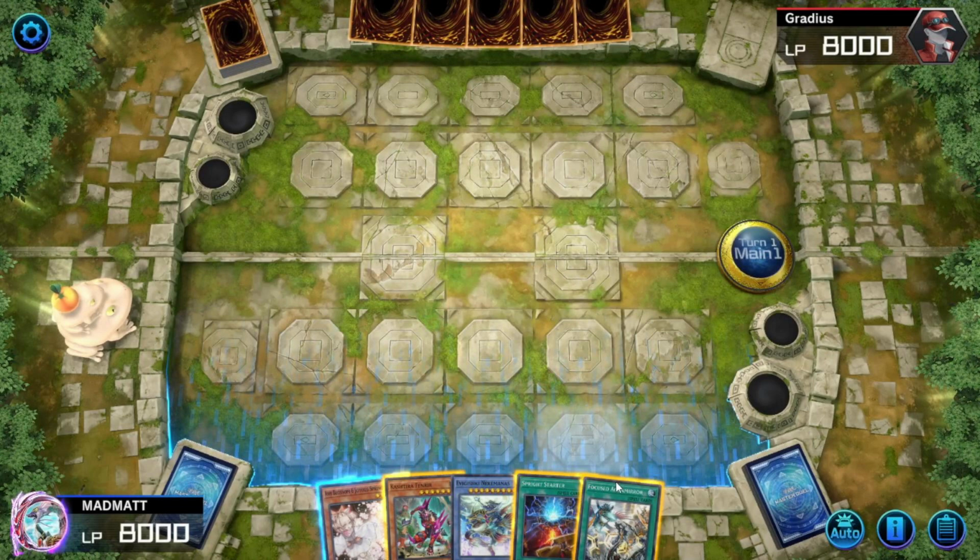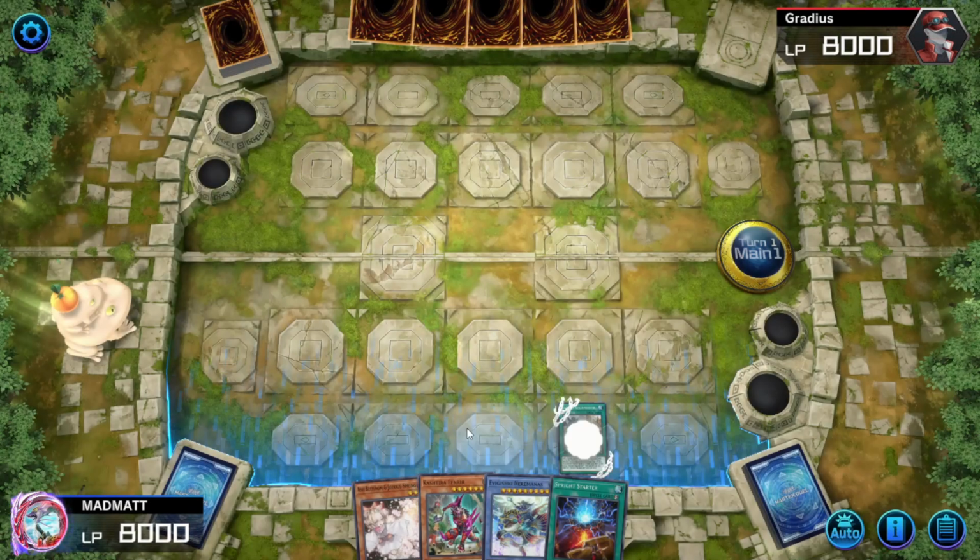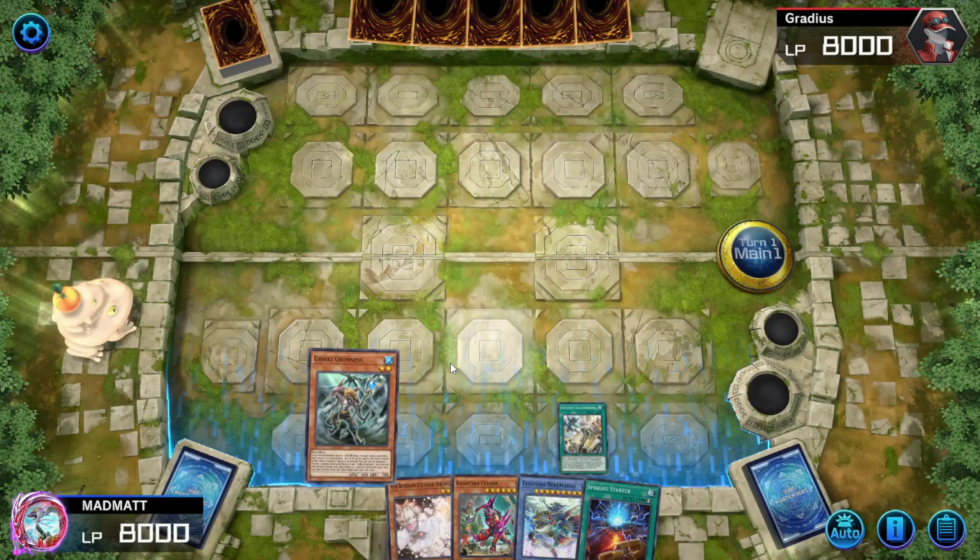So the first combo we're going to be going over is going to be one of our stronger end boards. It is a 2-card combo. It's going to require Grimness, or as you can see in our hand, that is Focused Aquamirror because we're going to be using it to search Grimness, and then one piece of the ritual portion of the deck. That can either be the ritual monster itself, or Shadow or Vision. So go ahead and activate Focused Aquamirror, and then we're going to search out Grimness,